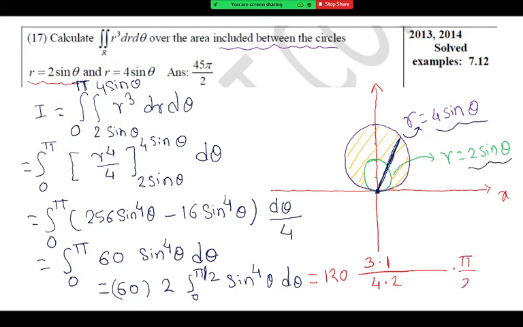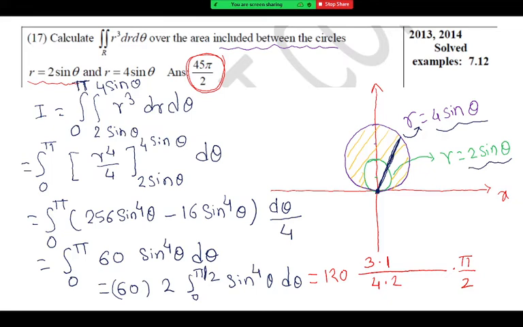So we get the answer in just a single step by the Wallis formula. Otherwise you think how much simplification you have to do. You have to convert sine 4 into probably sine 3 theta or sine 2 theta or cos 2 theta, and then again you have to go for further simplification. That's too complicated. Now just simplify this number on a calculator and you should get the answer 45 pi by 2. So that is the final answer here. I will write the Wallis formula after this. First you finish this part, then I will give you the Wallis formula on the screen.